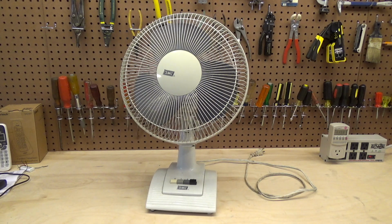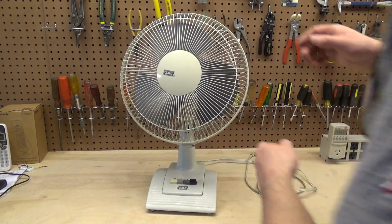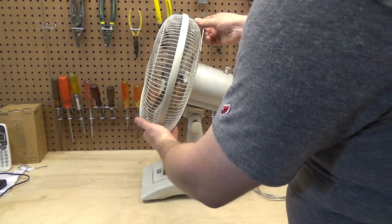So now I have the TR-16, which is the 16-inch model of this, and I have the TR-12, which is this one. The TR-16 is courtesy of the letter H, and this one is courtesy of me, because I found it. Anyways, so this is one that I was looking for